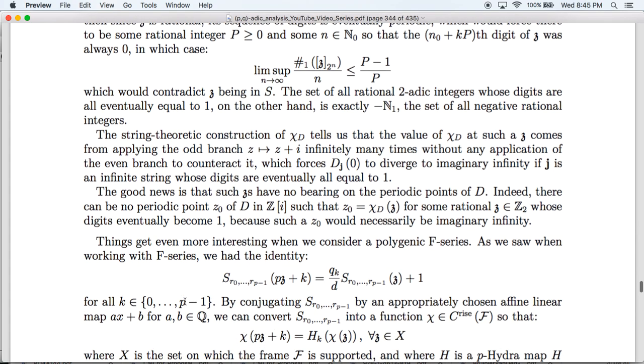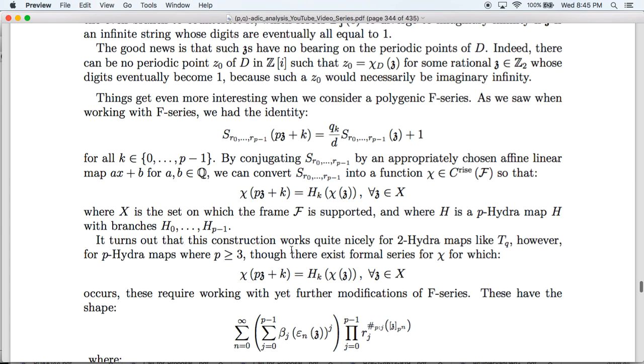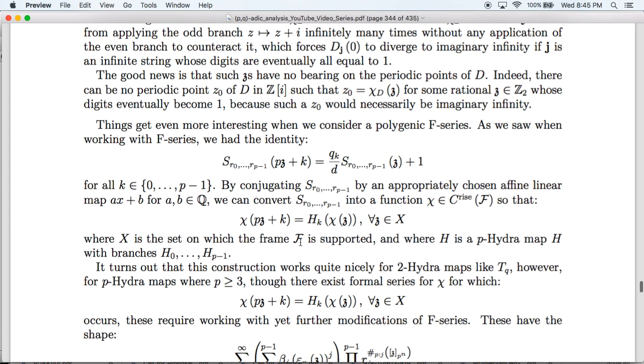Now, again, as we said, part of the problem here is that we don't have enough constants. And so this identity with this F-series works fine as long as P is a 2-hydra map. However, when we consider P greater than or equal to 3, then problems emerge. In particular, when P is greater than or equal to 3, this F-series construction here, we cannot conjugate it to an arbitrary hydra map. Rather, we